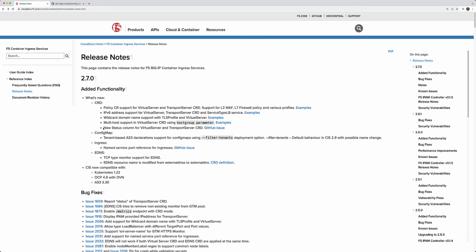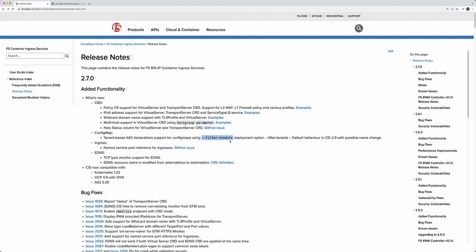In 2.7, okay, so they added also some new status. So there's some status coming back based on this GitHub issue. That's kind of cool as well. I like this tenant filtering. And this name might change, filter tenant. It's really not tenant filtering. What's actually happening here